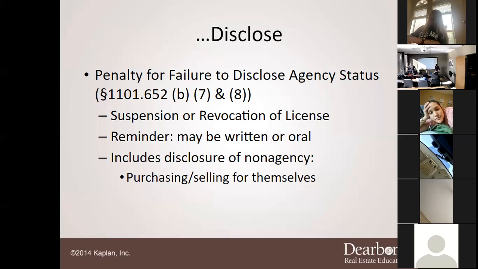You also need to include disclosure of non-agency. So if I'm just purchasing or selling a house for myself,